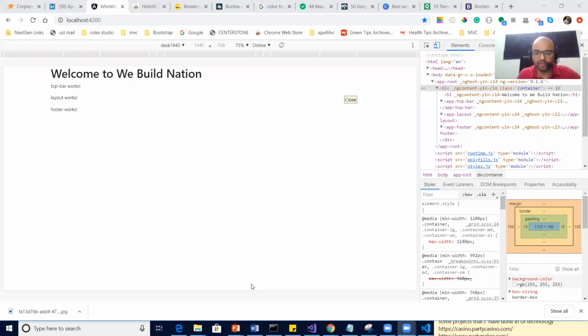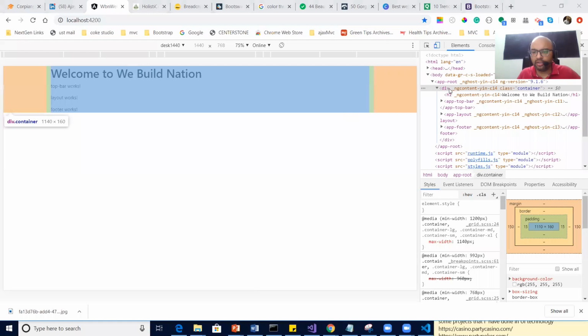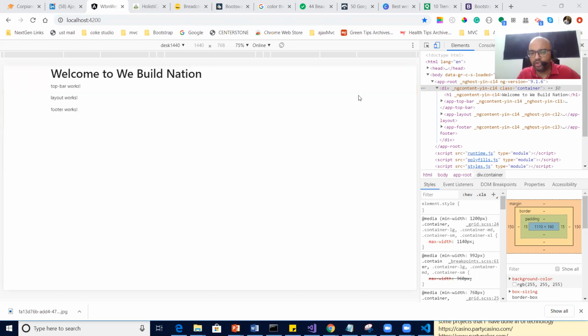Correct? So margin, yeah Pranshu, you're right, margin, border, padding. Now there's no border, so I'll explain what a border is when I add one. Margin, border, padding, you can see over here also. This is the box diagram.